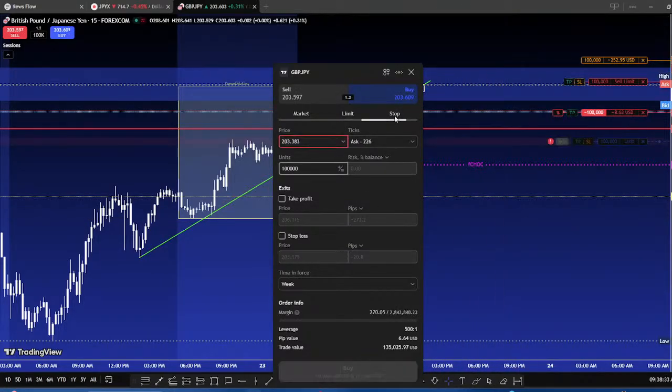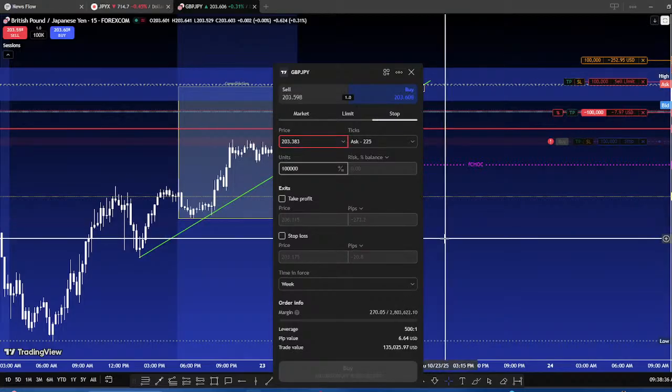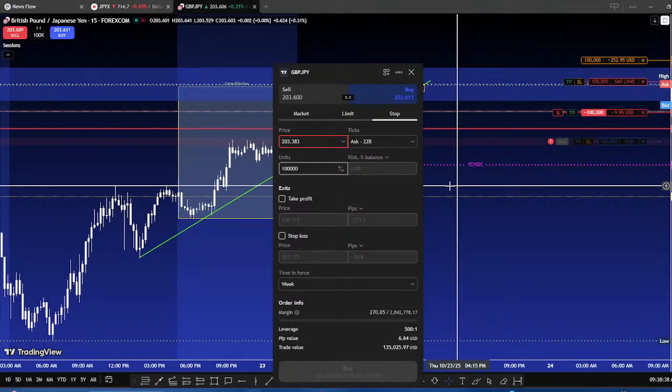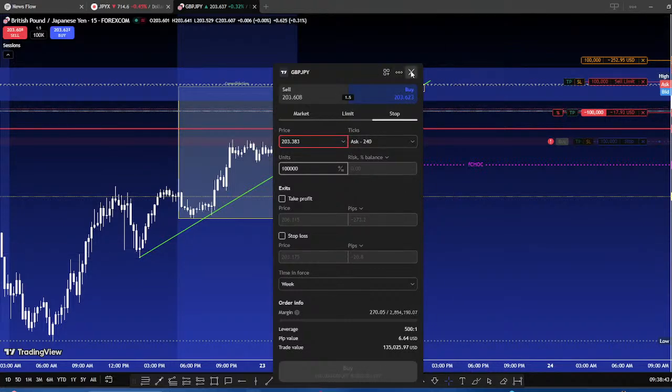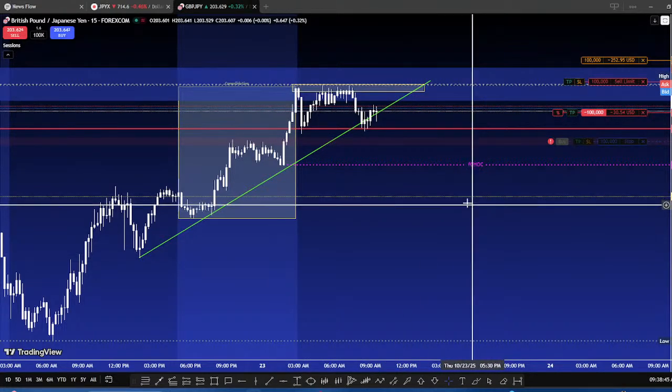Buy stop means the opposite. You expect price to go up, put you in a buy, and then continue going up. All right, again, guys, rewind this. I'll record it. It'll get you right. Okay, but for right now,